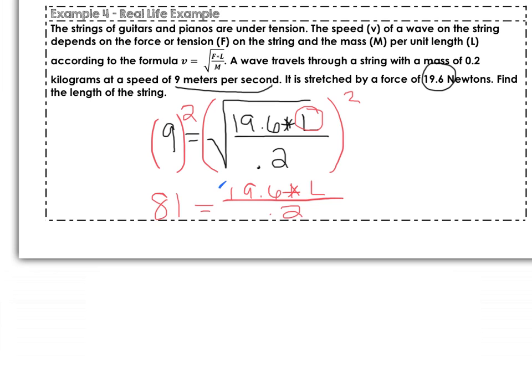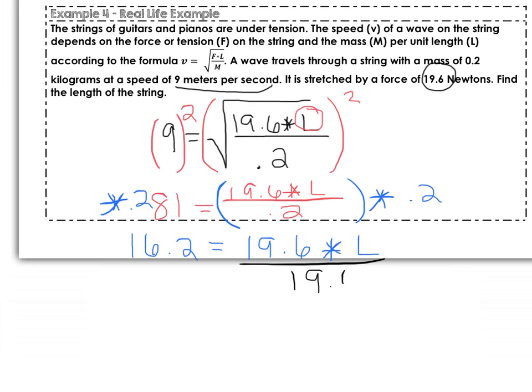So now I'm going to multiply both sides by 0.2, because that'll get rid of my denominator. And 81 times 0.2 gets me 16.2 is equal to 19.6 times our length. Now I'm going to divide both sides by 19.6. And 16.2 divided by 19.6 gets me